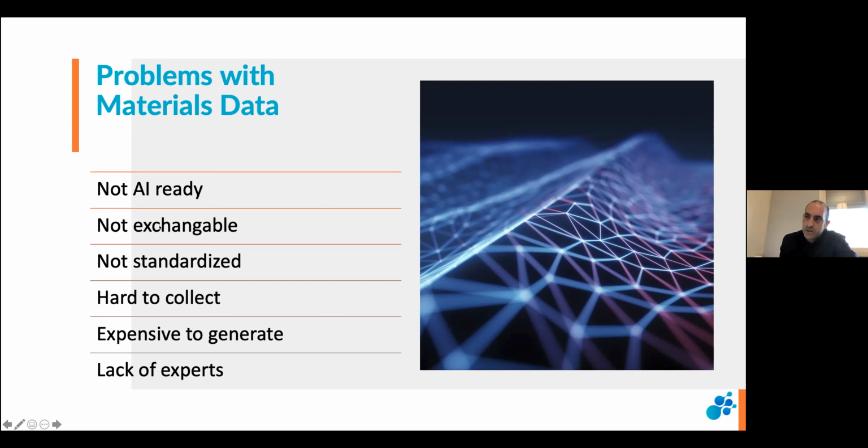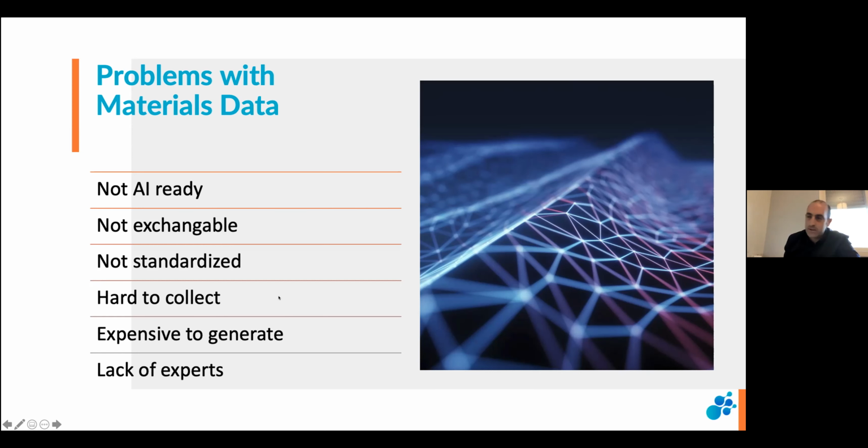It's not exchangeable, it's not interoperable, so exchangeable between people and interoperable between software. It's not standardized, it's very difficult to collect, it's very expensive to generate and even to reproduce, and there is a serious lack of experts, meaning researchers that know both material science and data science, and this is the story.